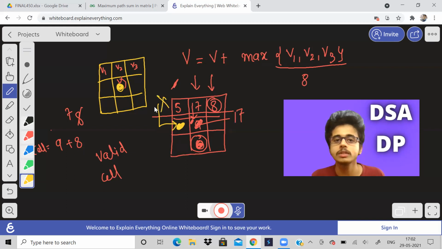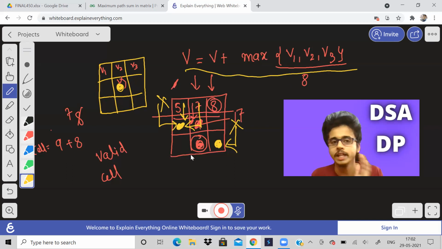Obviously not, because there is no cell over here. We can either come like this or like this. We can't come from the diagonal left. There is no cell. Similarly, for this cell, we can't come from diagonal right. There is no cell. So these kind of basic things, like which is a valid cell or not, we have to take care of that and use this to find out the answer.